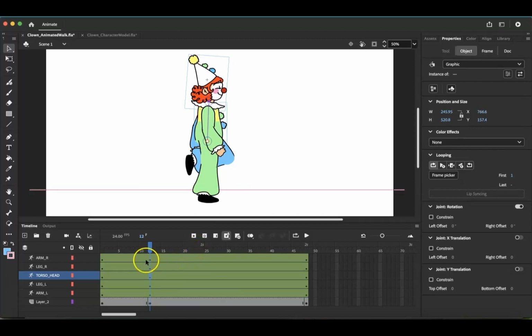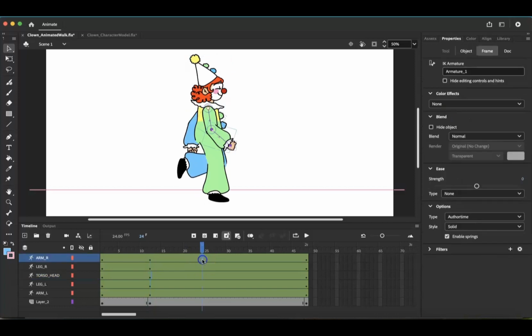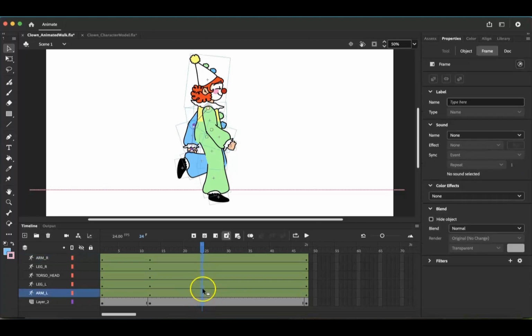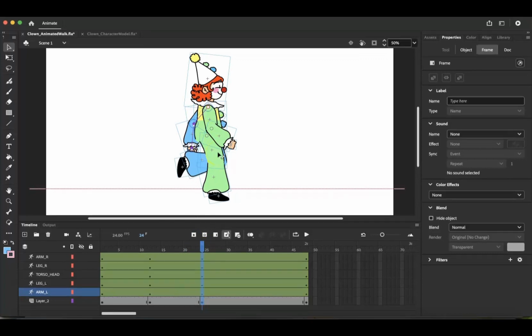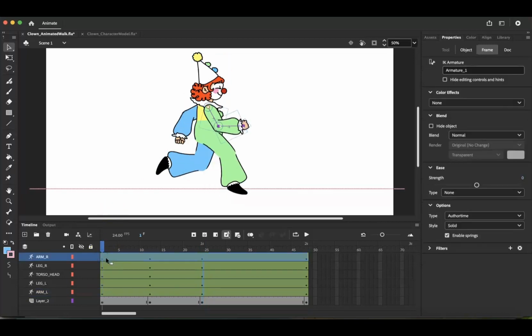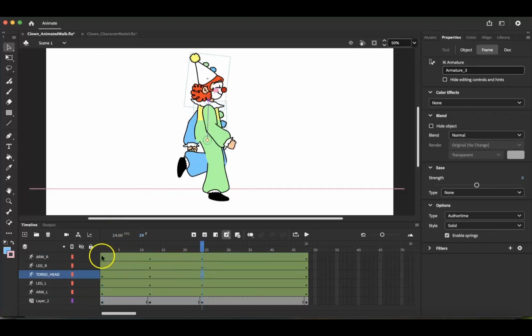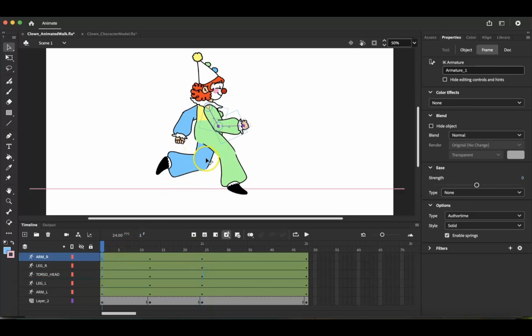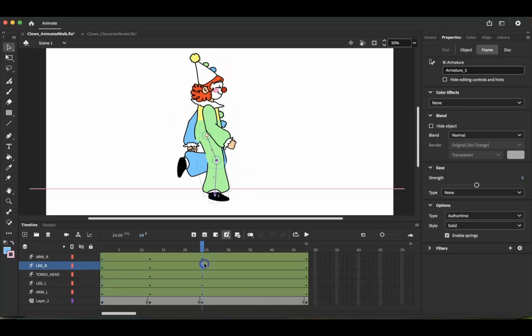This is going to be 12 frames later at frame 24. So once again, we will hold Shift and select all the layers for frame 24 and insert a keyframe. Lucky for us, it is actually the direct opposite of our first and last frames. So at frame 24, we will just be making our limbs go the opposite direction, but still following this sort of pose. So to do that, one way that we can make it easier on ourselves is we can select